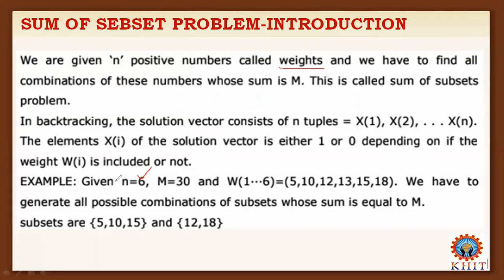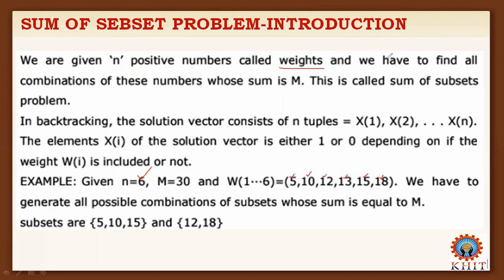So let us take an example. Given n is equal to 6, that means there are n number of elements and whose weights are given below. The weights of each element start from 1 to 6. The weight of the first element is 5, the second element is 10, the third element is 12, the fourth element is 13, the fifth element is 15, and the sixth element is 18. So weights are given,